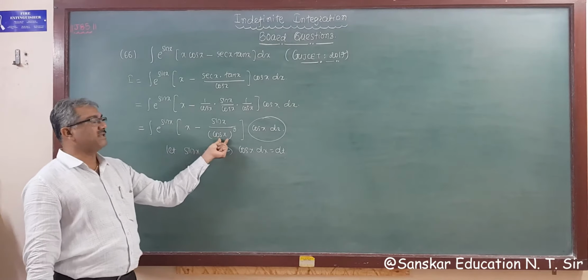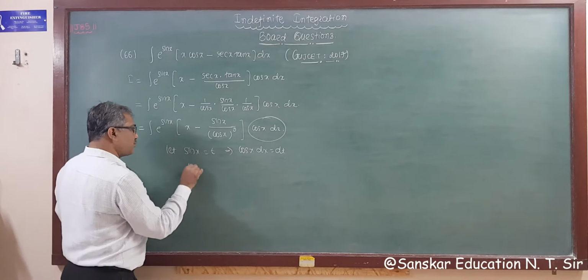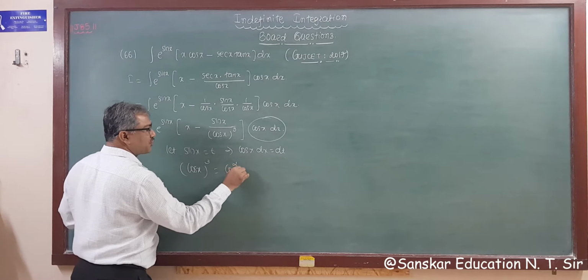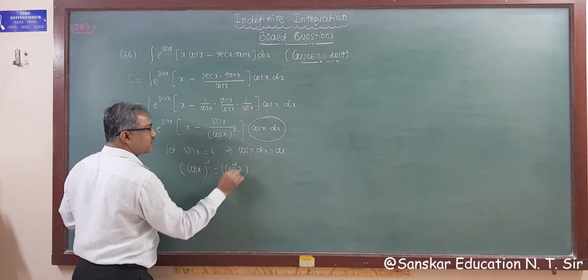Now this is the big problem. Now cos x raised to 3. Can I write it like this? Cos square x raised to 3 by 2. Instead of cos x, I am writing cos square x raised to 3 by 2 because this must be in sin. Now cos square is 1 minus sin square. So this is 1 minus sin square x raised to 3 by 2, right? And 1 minus sin square x, sin x is t. So this is 1 minus t square raised to 3 by 2 that we have to write. So I am writing here.